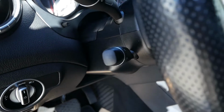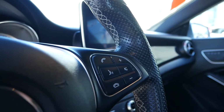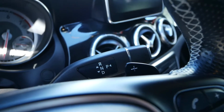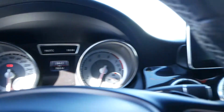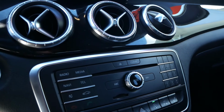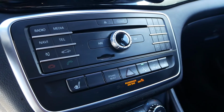You have your cruise control, your display controls, as well as hands-free audio, all on the steering wheel. There's these nice paddles for your 7-speed automatic, as well as your gear select. This vehicle is currently sitting at 70,514 kilometers. You have a large infotainment unit, your stereo controls, heated front seats, auto start stop, parking sensors, and